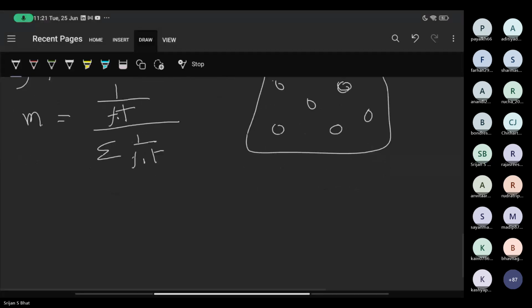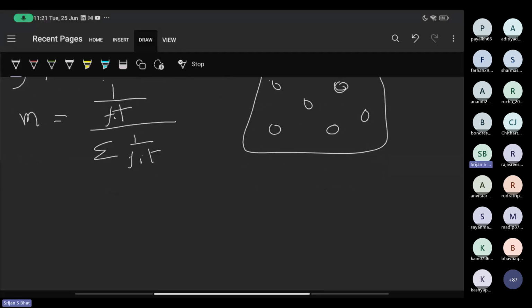So this term can also be fitness as well. If you want more fitness value, which is if you want a maximization problem, then 1 by fitness becomes fitness.